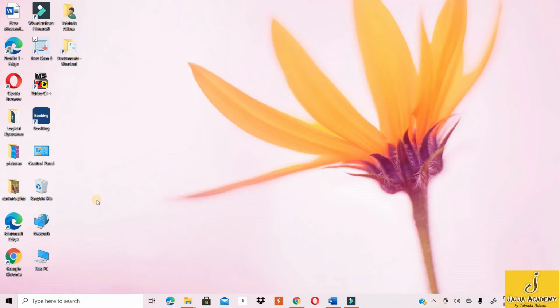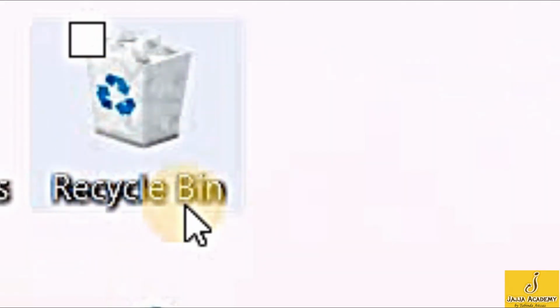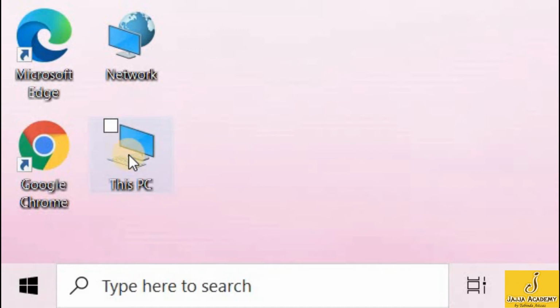After the welcome screen, this is the first window that appeared on my laptop screen, and this is called a desktop. And you can see there are different icons from where I can open different programs and drives of my computer. These small images are known as icons, and below every icon there is a caption of this icon. Caption means the name of icon. For example, the name of this icon is recycle bin and the caption or name of this icon is network and this PC. Now I'll double click on this PC icon.